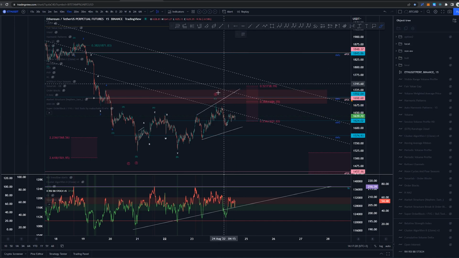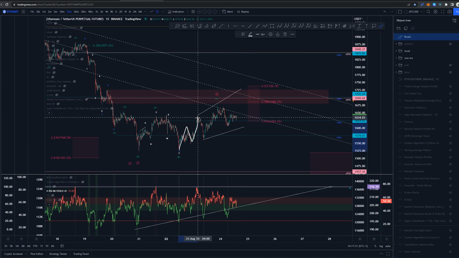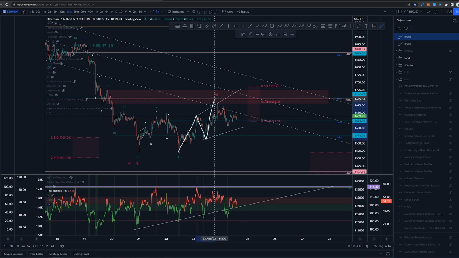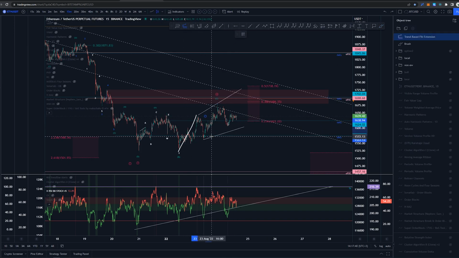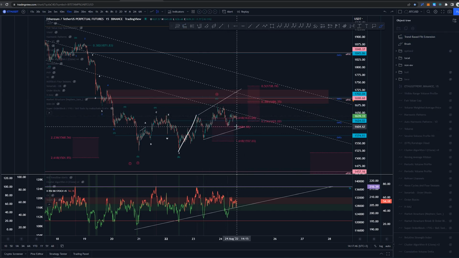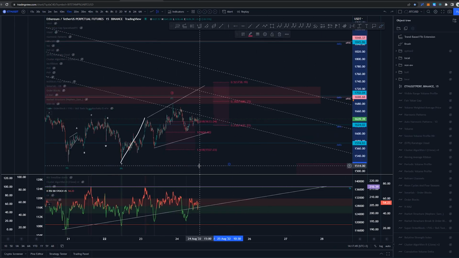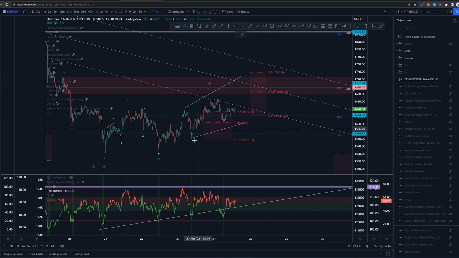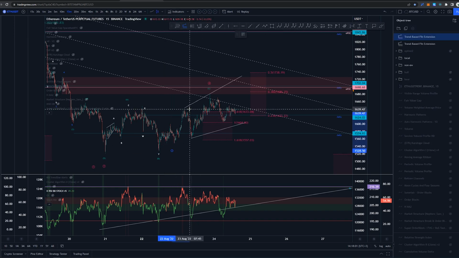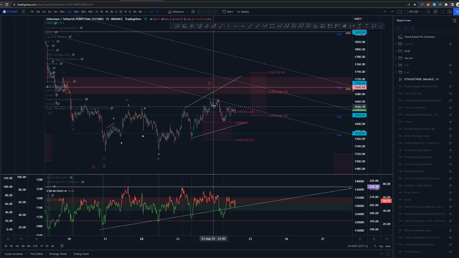One possibility would be this one, in which instead of having this as 1, 2, 3, we would have this as 1, 2, 3, 4 and 5. At the moment, this structure over here, this possible wave 4, is right around the 1-to-1 extension of this wave 2 here, meaning that they are very similar in size. As we are talking about this possibility of being expanding diagonal, this structure here should be larger. Let me just measure that again. It should be larger. Yep, it is. So wave 4 should be larger as well than wave 2,